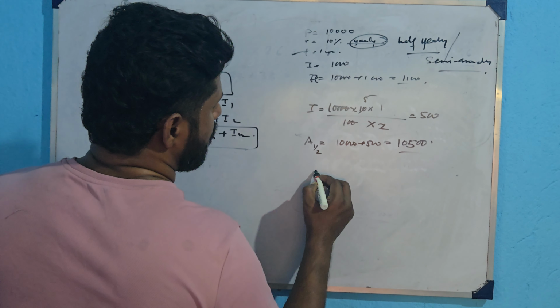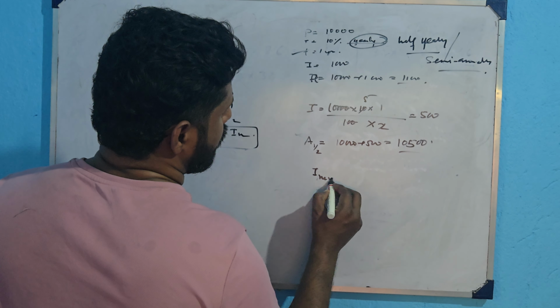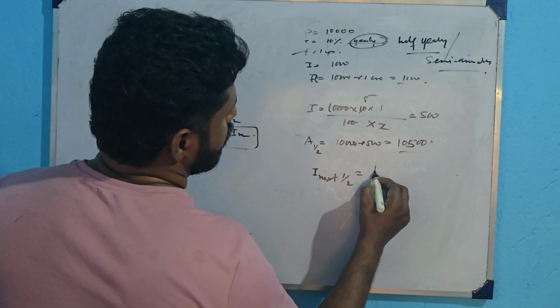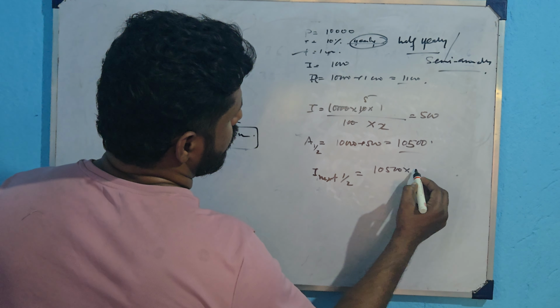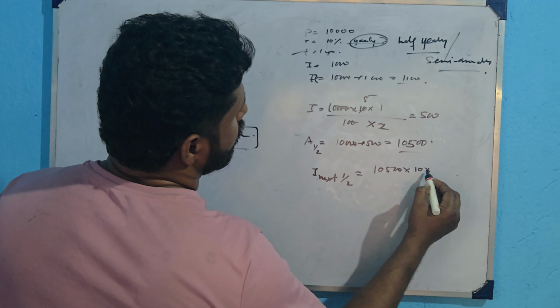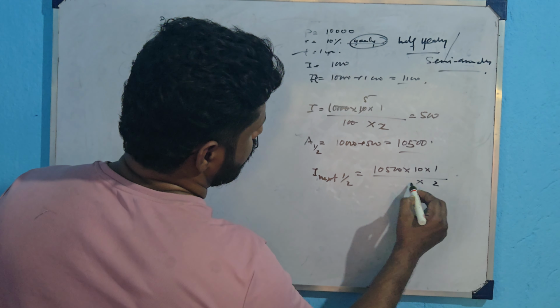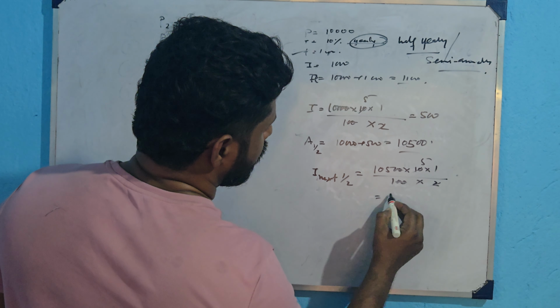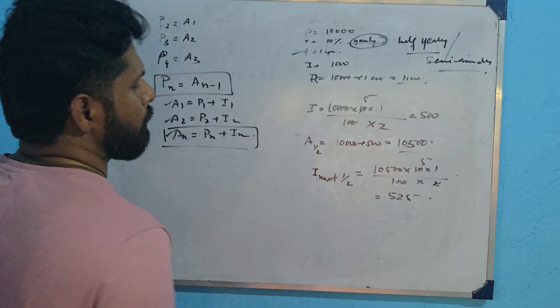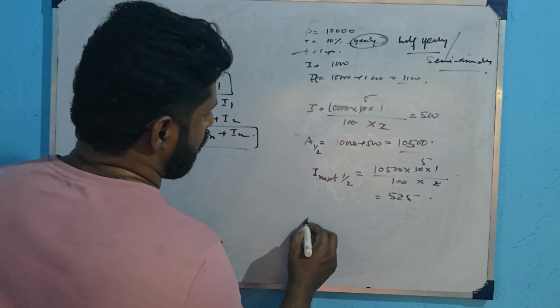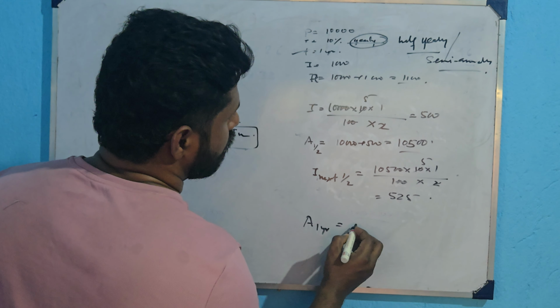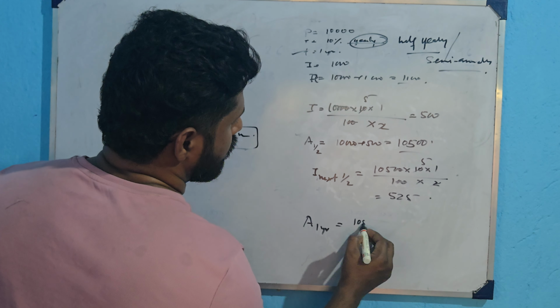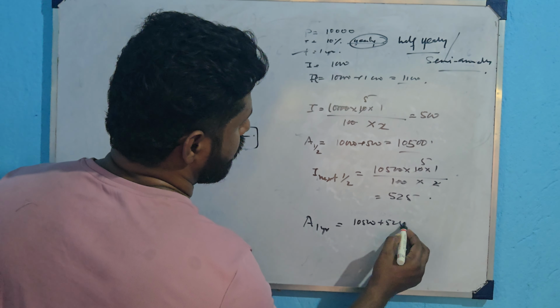So interest for the next half year will be P R T by 100. It will be 525. So amount at the end of 1 year will be 10,500 plus 525,